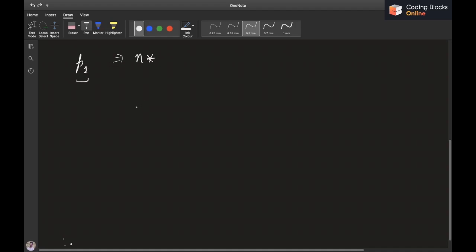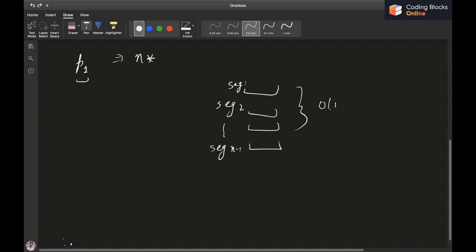One way to go about it is that we can store a vector of vectors in which we'll store each of the segments. We have n minus 1 segments as seg1, seg2, up to seg n minus 1, each stored in the vector. The sizes can be of order n. For the segment for r equals I, the maximum size possible is I, if we choose the L value to be 1.